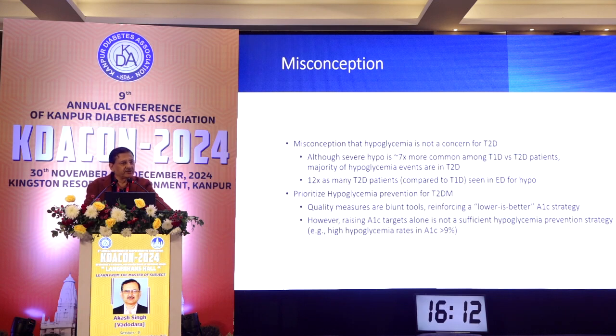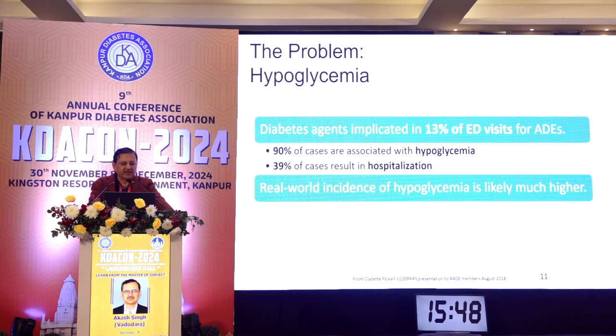The strategy that lower is better does not hold true. Lower without hypoglycemia, the lowest level possible, is the strategy now. You have to avoid hypoglycemia at any cost, and that is the primary objective of diabetes management. However, some patients who have HbA1c on the higher side, but who have more glycemic variability, can have a higher incidence of hypoglycemia. Now, diabetic agents are implicated in 13% of emergency department visits for adverse drug effects,